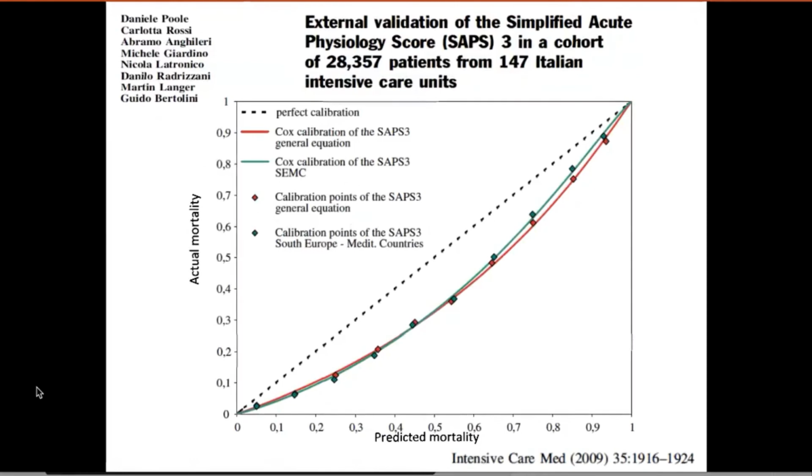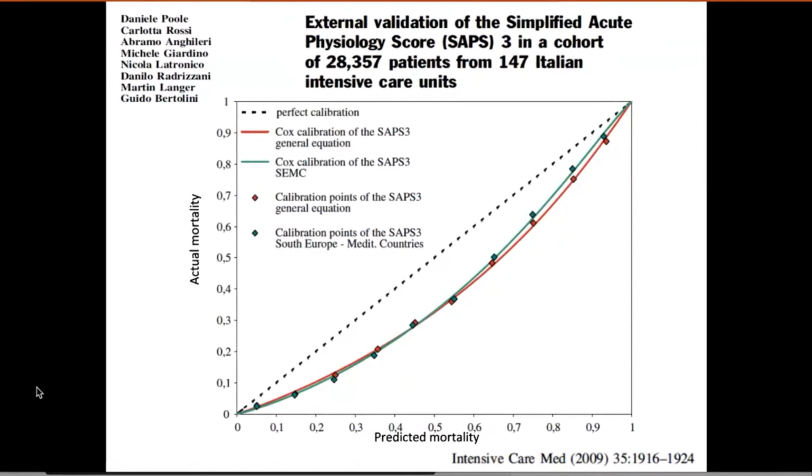One example is this update of the score that kind of goes against the three points that I just mentioned to you in terms of explaining the reason why those scores are not calibrated well. Because in this case, it was actually a geographical recalibration of the score, in this case in Italy, based on an update of the predictors, and of course, much more recent data. So the three points that I just mentioned should have been taken care of in this case.